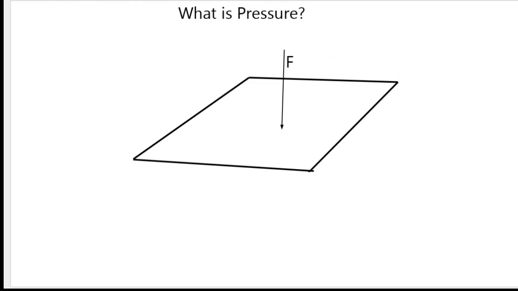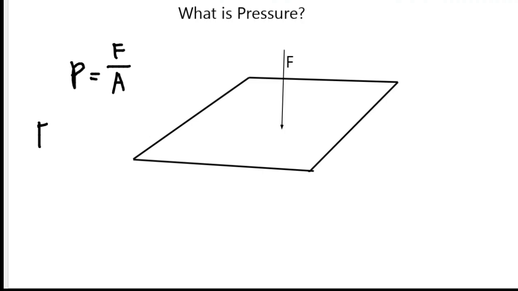So how do we calculate the pressure? The pressure is just basically force over area. This means that pressure is directly proportional to force, meaning if the force increases, the pressure will also increase. And pressure is inversely proportional to its area. So meaning if you increase the area, the